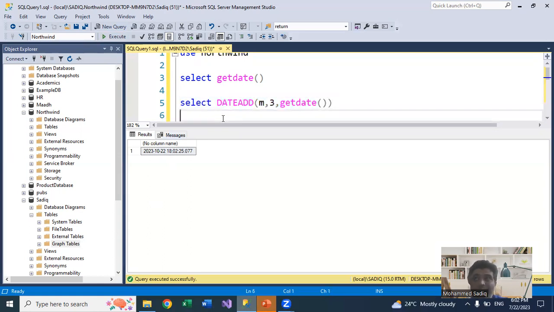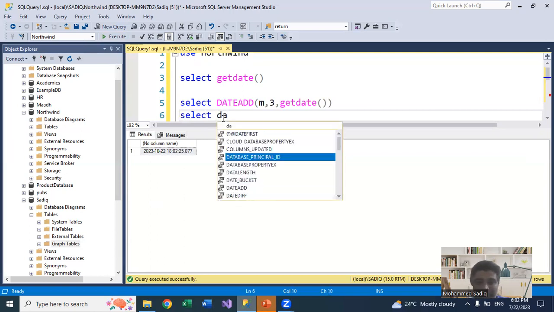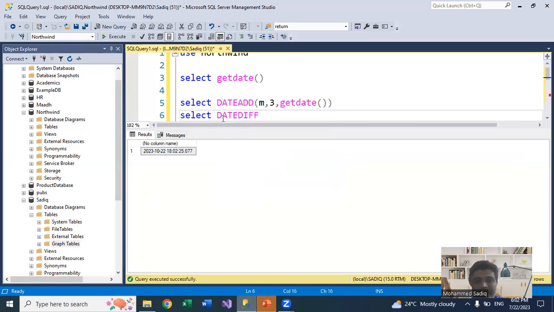Now let us see how exactly DATEDIFF works. So now I just say select, as the name says, DATEDIFF. DATEDIFF is nothing but a function to find the difference between the dates. Again, it takes 3 parameters. The first parameter is the part of the date in which you want to present the difference between the two dates, either as number of days, months, or years. So I'll just say D, which represents number of days, and you can give a start date